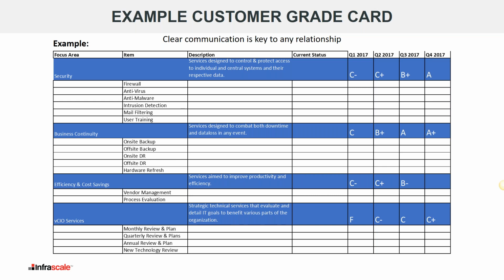And then there's your first quarter objectives for that customer, right? Very high level, they understand it. It's in a language that is very familiar to anyone, technical or non-technical. Everyone's had a grade card, and they understand what this means. It also gives you, like we talked about in the last webinar, a nice roadmap so that you can focus on specific areas of services and not get lost in the weeds arguing over the $10 a month difference between this firewall and that firewall. You're just talking about, look, we need to get you from a C to a B, and that needs to happen yesterday. So this is what we're going to work towards.